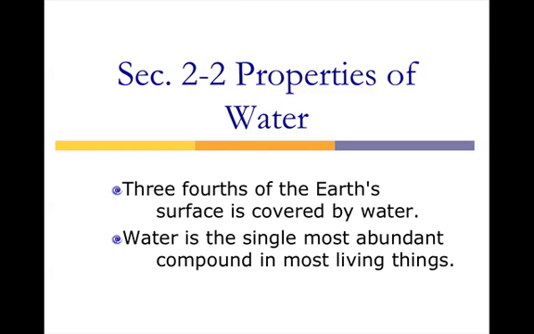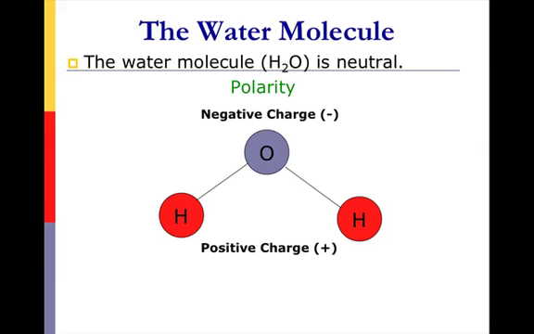Water is the single most abundant compound in most living things. Actually, approximately 78% of our body is comprised of just water. So what does a water molecule look like? The chemical formula for water is, of course, H2O. That means that there are 2 hydrogen atoms and 1 oxygen atom that are bonded together by a